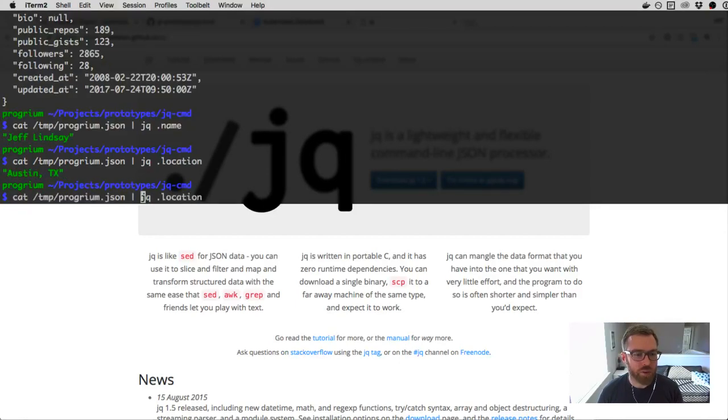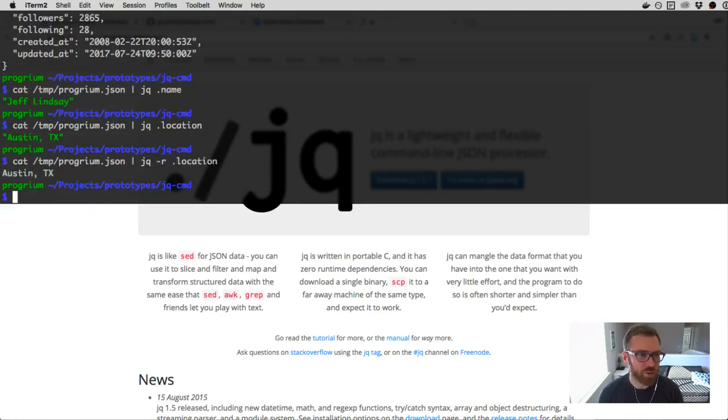You can also construct other JSON objects. You can get the raw value, which is useful when you're actually doing command line bash scripts and stuff like that. So this is a great tool,